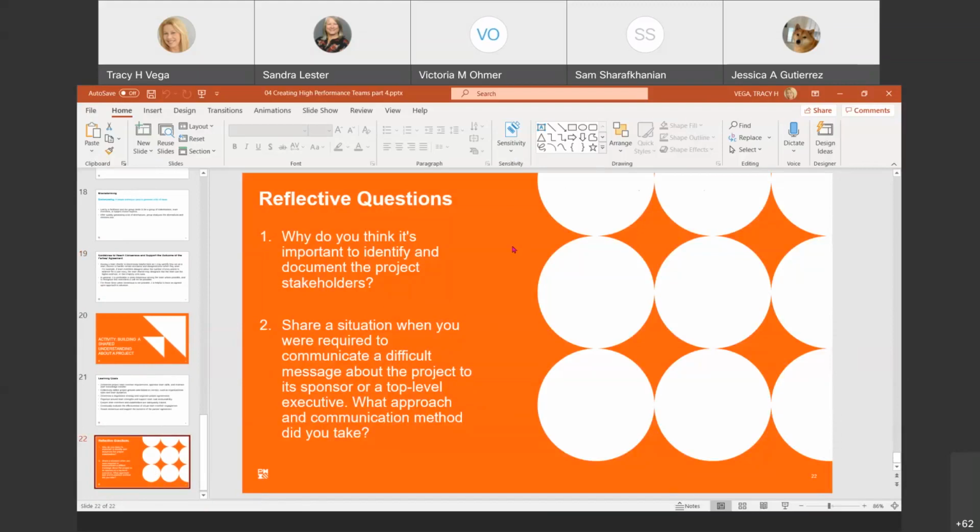This one is saying, why do you think it's important to identify the document and project stakeholders? The question I read out is a little more in depth. Can you read it one more time? Sure. To ensure that you have necessary buy-in, commitment, and resources required to make a project a success, you offer to assist the team in creating a formal project charter. What should be included and who should sign it?